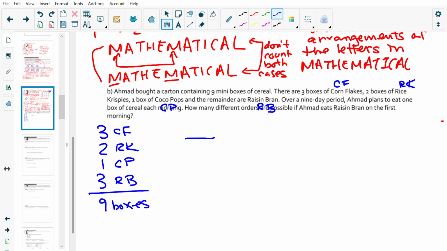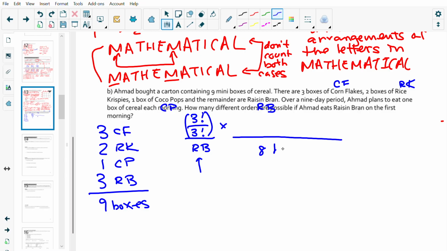The first box must be Raisin Bran, but think about it, there's 3 boxes of Raisin Bran, so I have 3 factorial ways to choose a box of Raisin Bran, right? But whether you choose one Raisin Bran box or the other one, is the same cereal, so I need to take care of the repeat. So it's 3 factorial divided by 3 factorial, which is 1, right? So it shouldn't matter which box you pick so long as it's Raisin Bran, because you have 3 choices, times